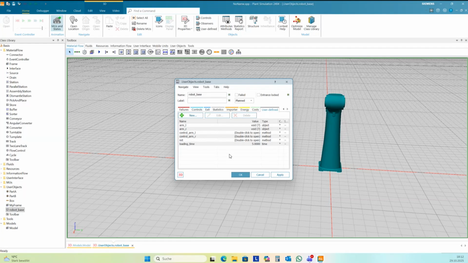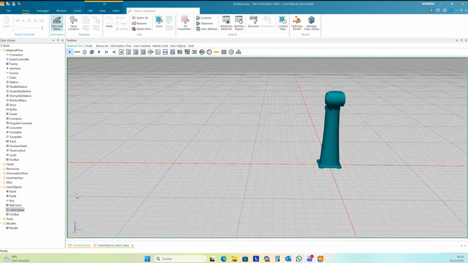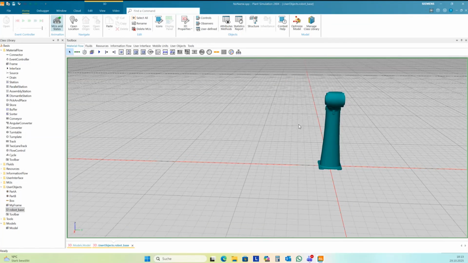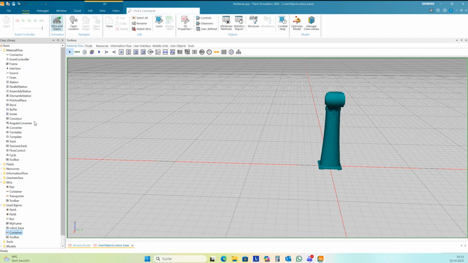And so I need first arms for the robot. Okay, this is my base, a capacity of 2. And next I want to have a container for arm left and one container for arm right.